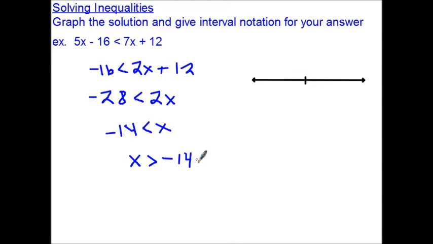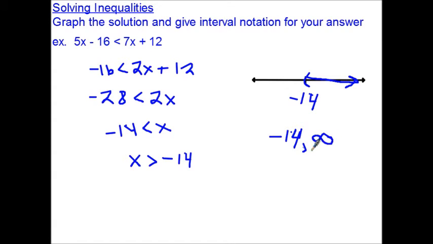And now what we want to do is again translate this into interval notation. And so on the number line, of course, we're dealing with negative 14 as the value in question. There you go. And then from there again we want an open circle, arrow going off to the right, but really we don't want an open circle, we want that parenthesis instead. So it's looking like that with the parenthesis, and the arrow again going off to the right is what our graph would look like. But again, we're starting at negative 14,